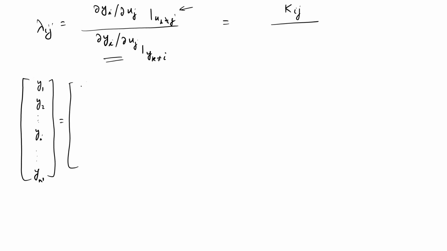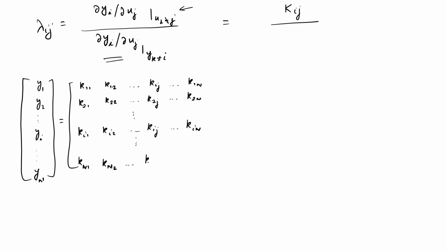This is going to be k11, k1j, k1n, k21, k22, k2j, k2n, ki1, ki2, kij, kin, and keep going, kn1, kn2, knj, knn,